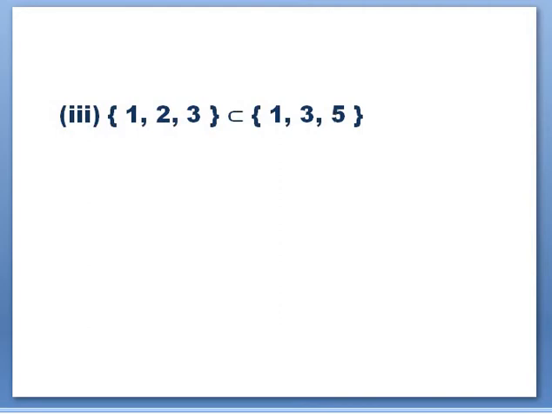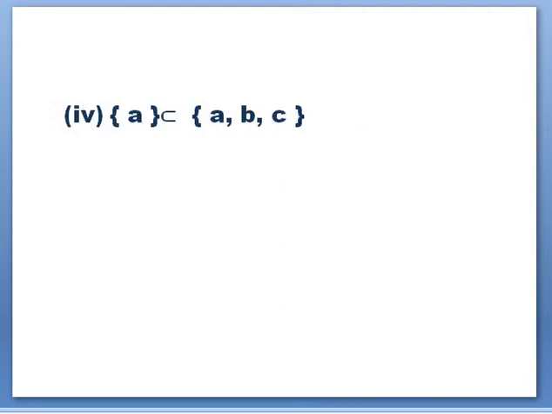Okay. So let's see our next example. Here there are two sets. So it is a very simple example. See, the first set, the element is A, and the second set, the elements are A, B and C. Now see, this element is also an element of the second set. So that's why, yes, this first set containing element A is a subset of the second set containing elements A, B, C. So this is a true statement. Is it clear? Okay. So next one.